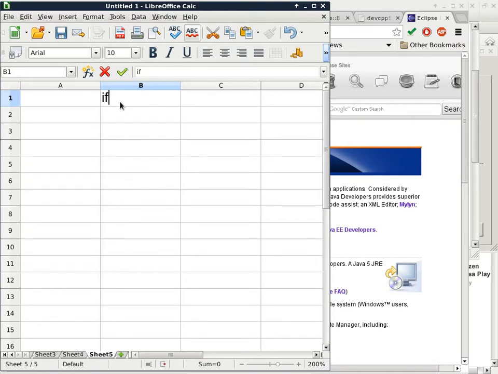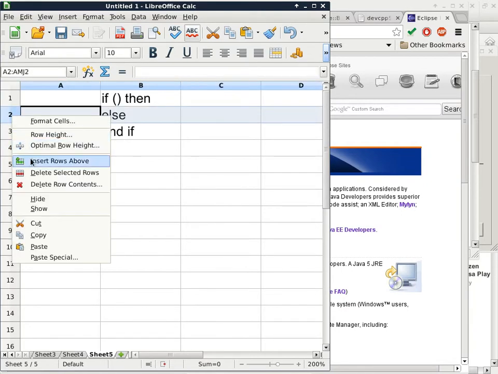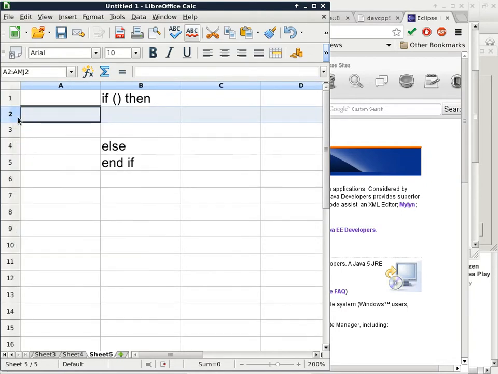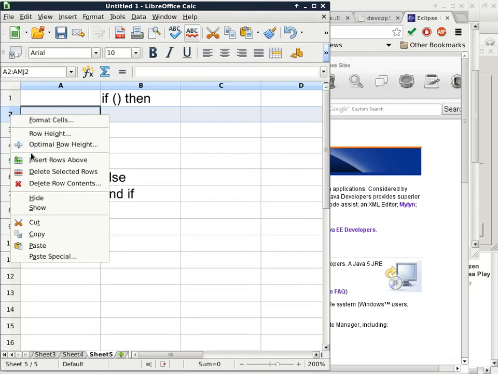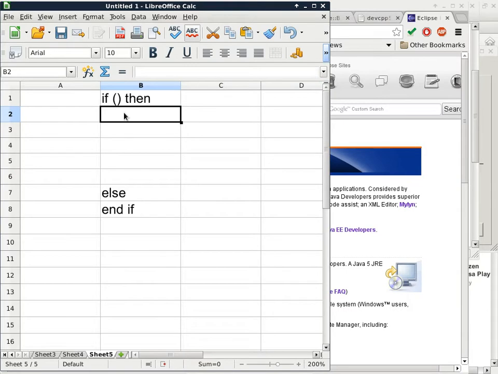I will show you exactly what I mean by that. If I want to use the same approach here, saying if open paren, close paren, then else, and if, then when I want to insert something, I have to go here and keep clicking insert rows above. So that's why that approach backfires when I have to do my program inside